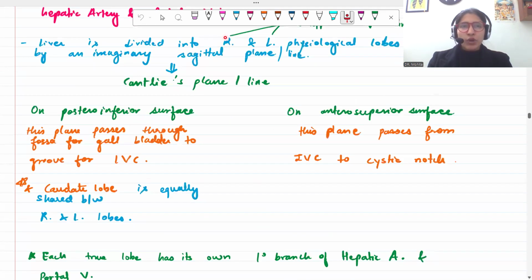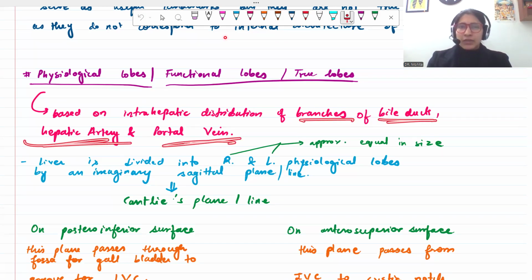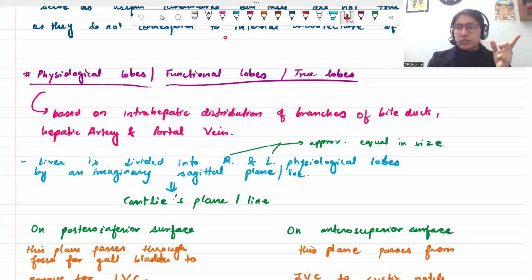Because now we have to talk about physiological lobes, functional lobes, true lobes। These are based on intrahepatic distribution of branches of bile duct, hepatic artery, portal vein। That means जो branches होंगी hepatic artery की, portal vein की, and bile duct की जो drainage होगी, they will be separate in separate lobes।